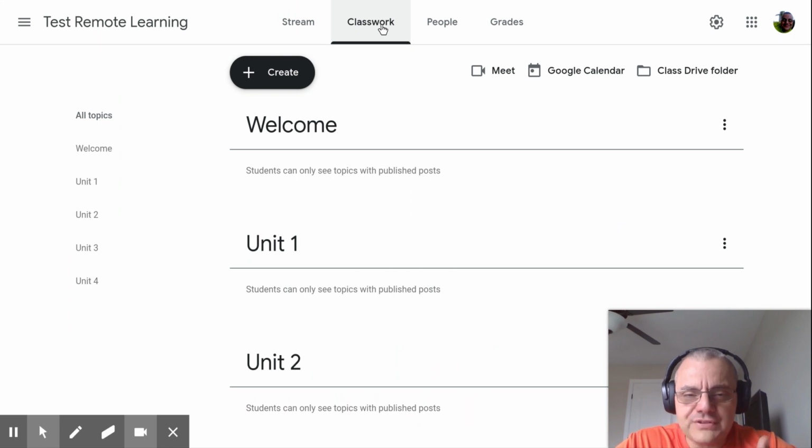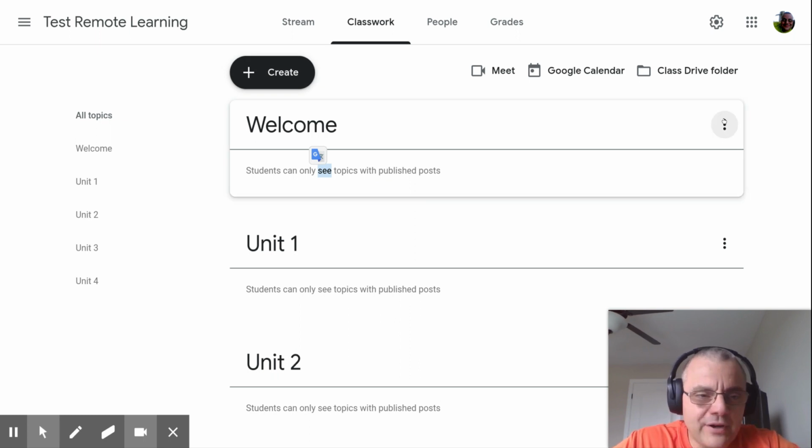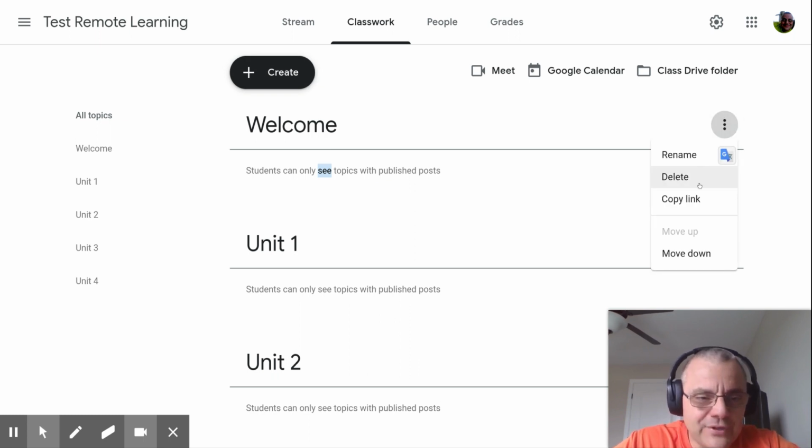Once you get to the course, that's this second page. Now you have your structure. Now you can start building out how everything goes together. One really key thing whenever you do this, and I'll point it out again, is you can't create in the topic itself that you've made here. These are called topics. You have to always go up to this create button, which can sometimes be a pain as well. Another thing to be aware of is that you can also rename your topic anytime you want.